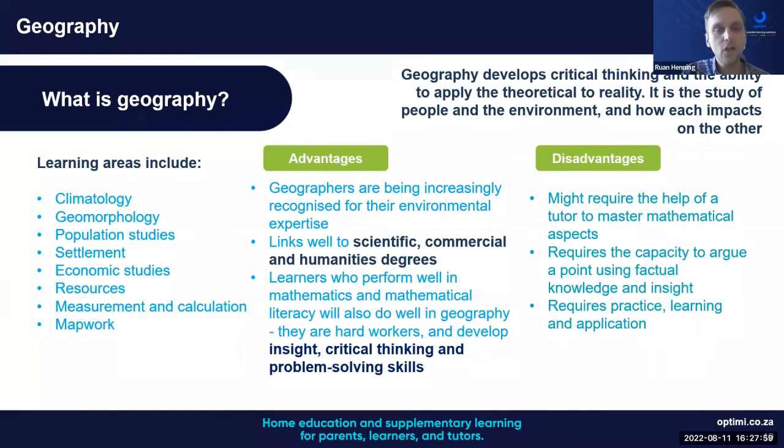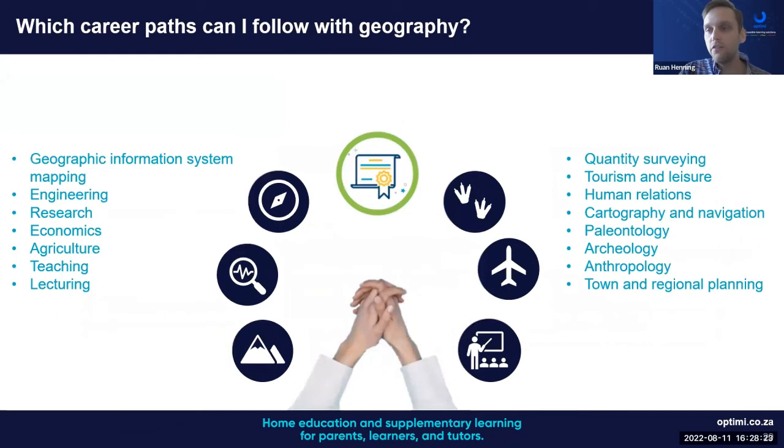So what that means is learners will have to work with different sources and resources, and be able to make use of the facts thereof, to make a factual answer and give insight into why they are reasoning that way. Nevertheless, geography does overlap with the sciences and the humanities, and it opens doors for many learners and their career choices.